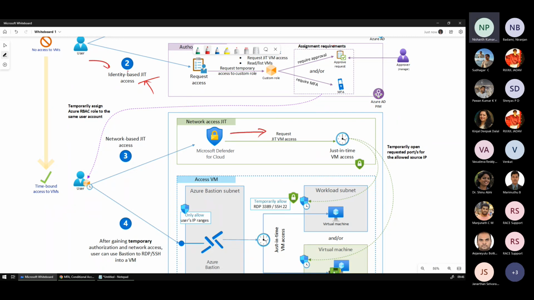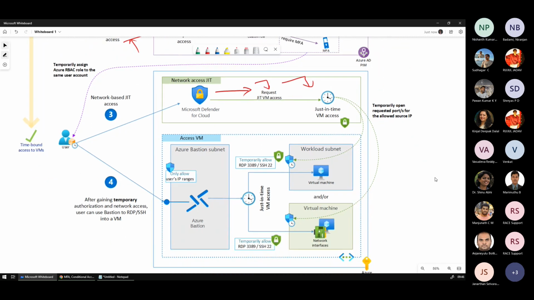Identity got approval. That means this identity can talk to the network. And then at the network level, I'm asking permissions that, hey, out of 6 hours, give me 2 hours to do network management. Out of 6 hours, give me 2 hours for network management. So then the moment just-in-time network access is allocated, automatically the just-in-time